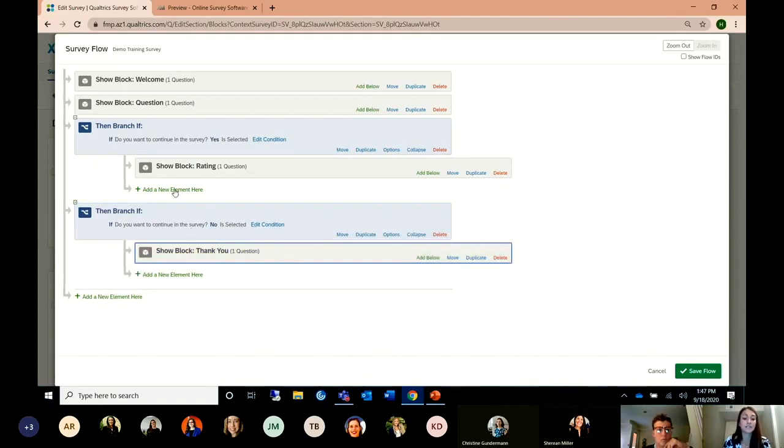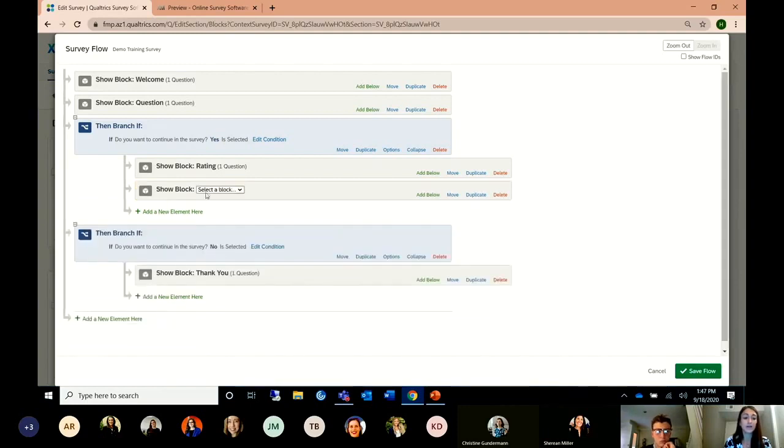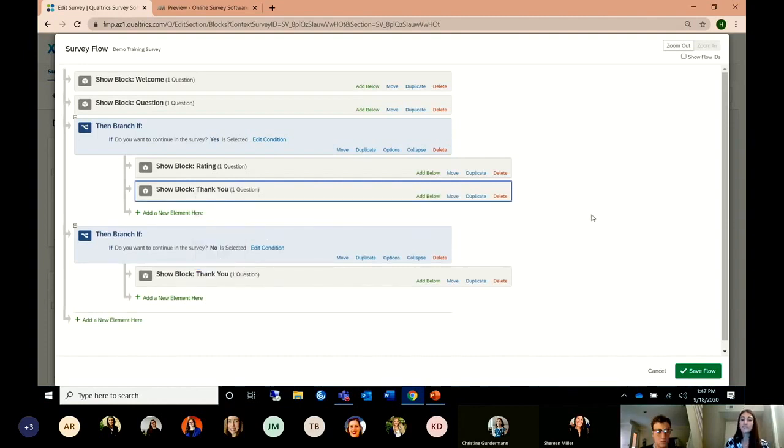Now, let's say I wanted these individuals who gave a rating to also see the thank you screen. I can just add a new element below that rating and insert a block, and then a drop-down menu of my blocks will become available, and I can just select the thank you block. So you can see why it's helpful to have those blocks labeled so you can see exactly what you're moving around within the survey flow. So I'm going to save this,